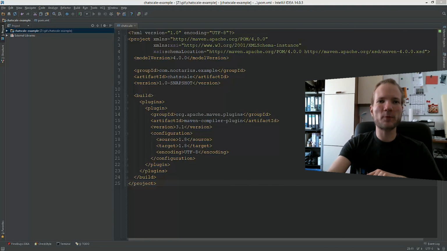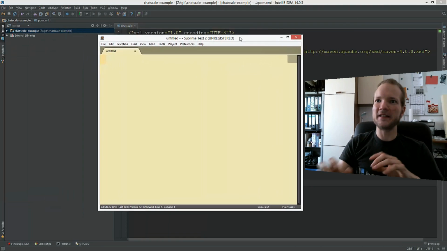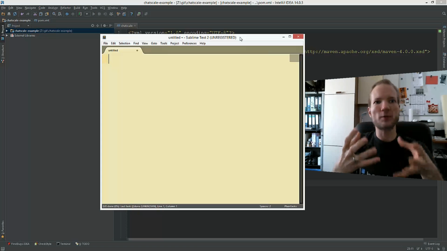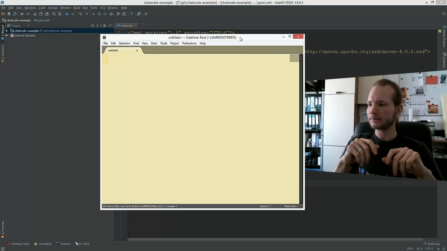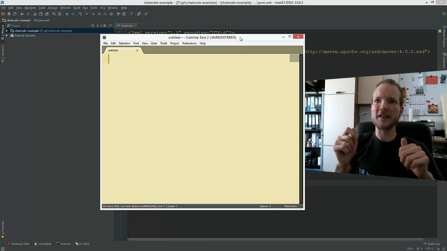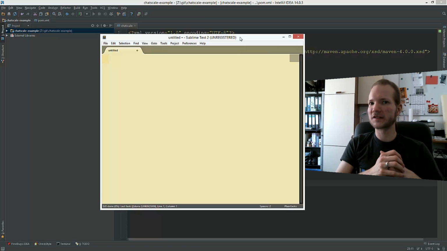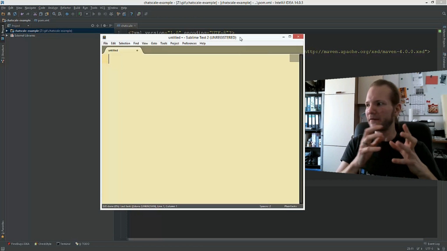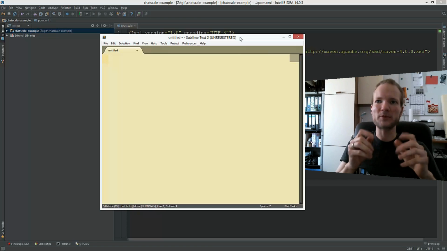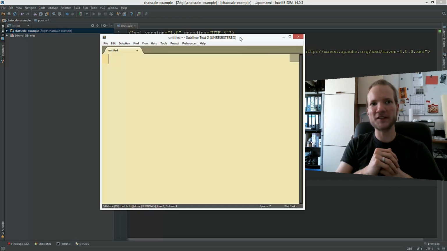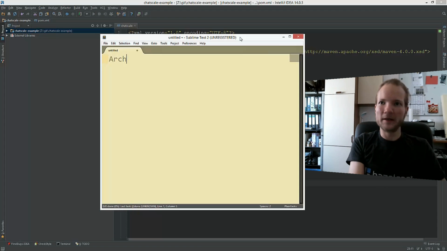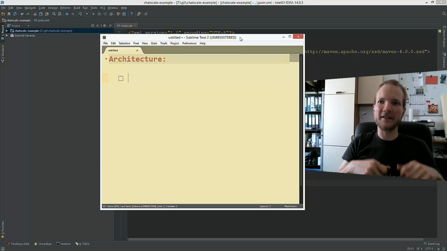So I came up with some basic ideas of the architecture I want to have, and I guess we can just jump in and see if you guys agree with those. They're very basic goals, nothing important, nothing special. I'm just writing them down, and I would like to see some discussion going on afterwards. So let's call it architecture, and let's say our basic goal, this is the idea of the whole session, is